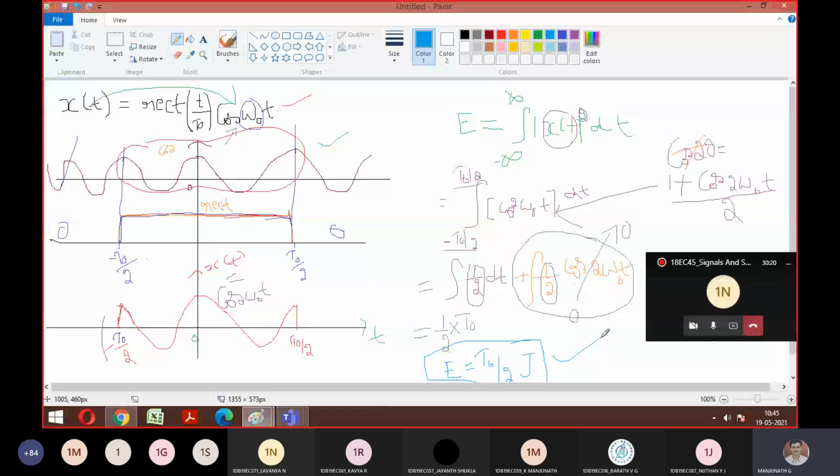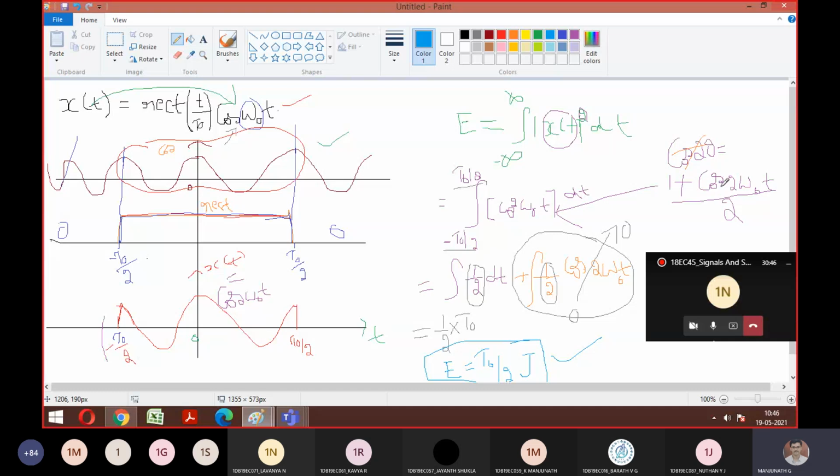If it was periodic, if it is continuous, then you can go with respect to power. Since the product has a finite duration, we can straight away go with step number 2, that is energy. So we got x of t as cos t. After taking the square, it becomes cos square theta. We know the cos square theta formula is (1 plus cos 2 theta) by 2. So replace that, do the integration, get the answer. Is it okay to everyone till here?